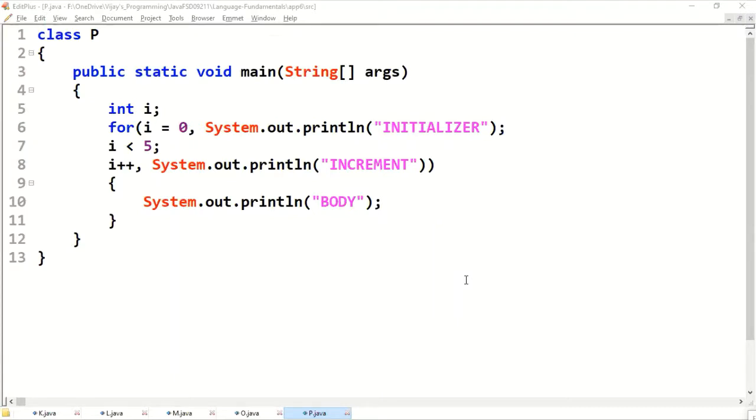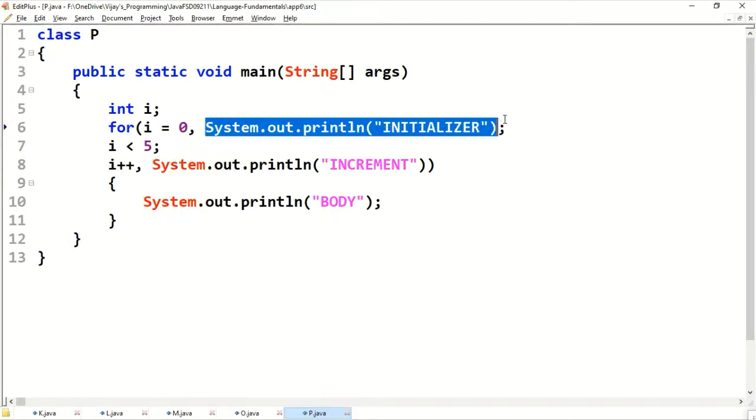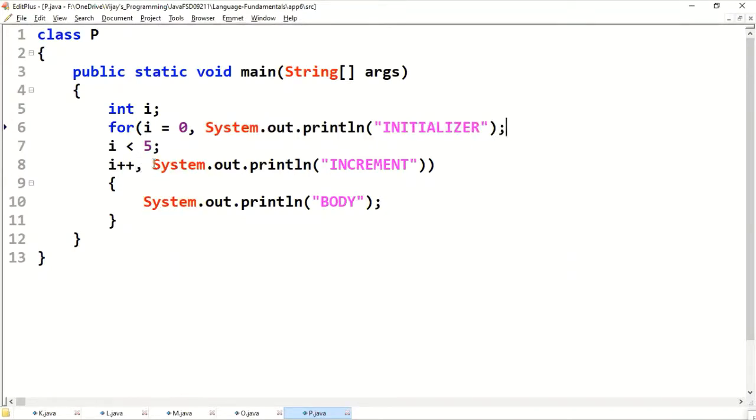How many times the increment? How many times the body? See here. In the initialization section, we can give System.out.println, it is possible. In the increment or decrement section also, we can give SOP, it is possible.